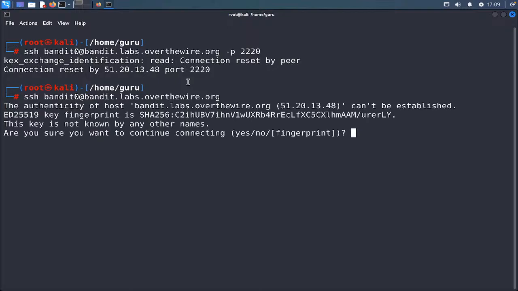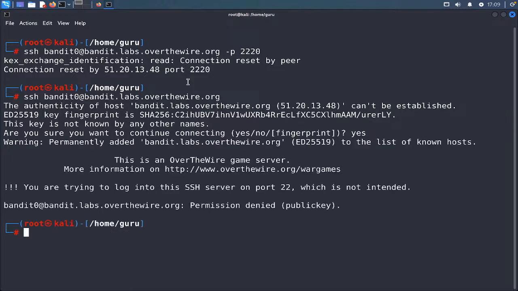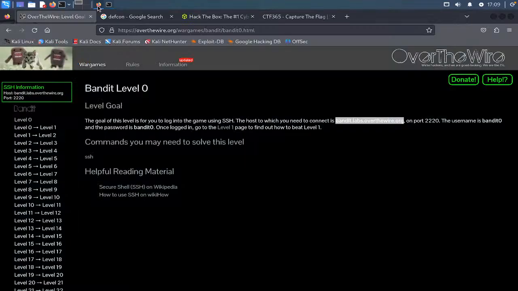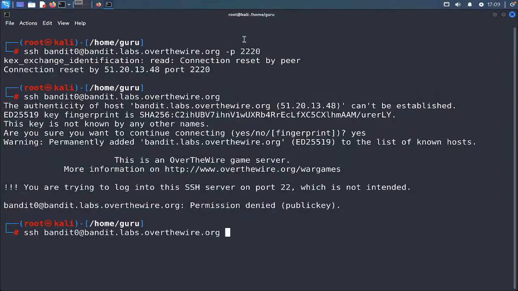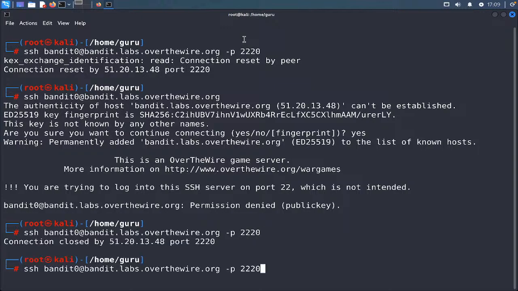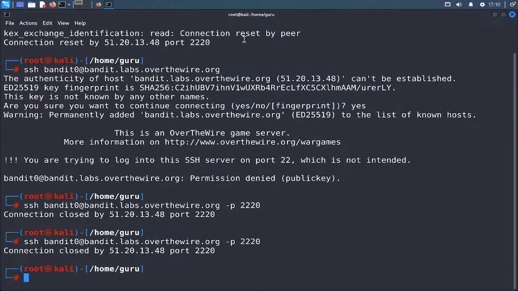Let me hit enter and see if it can connect directly. If I say yes, you can see it is trying a port which is not intended. Since I'm not using the port, it's unable to get access. So if I give the port number, -p 2220 should work here, but the connection is closed.